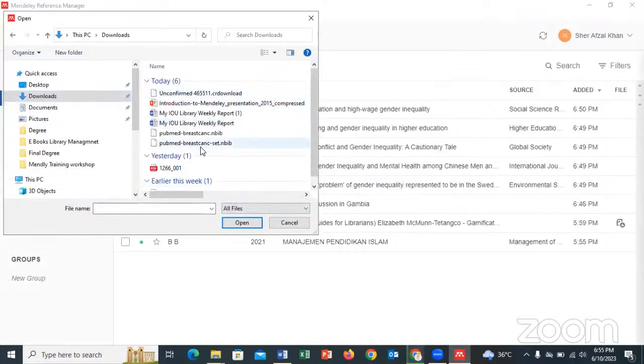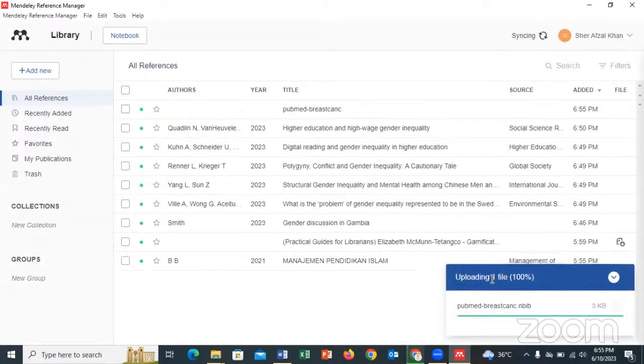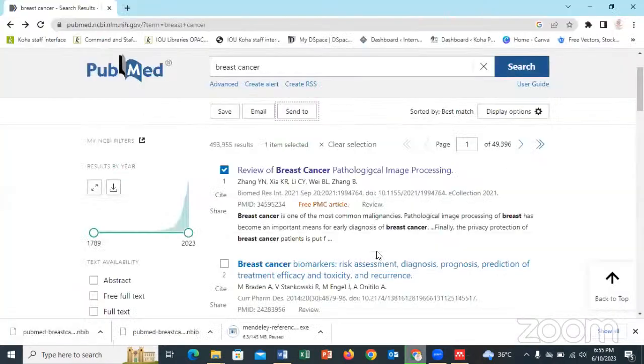You can now see this was PubMed, and you can just import it to your manager. This is breast cancer, you can see now. So you can also download it in a different style. You can import from ScienceDirect, and you can also import from any other databases. Now, if you want to download it,